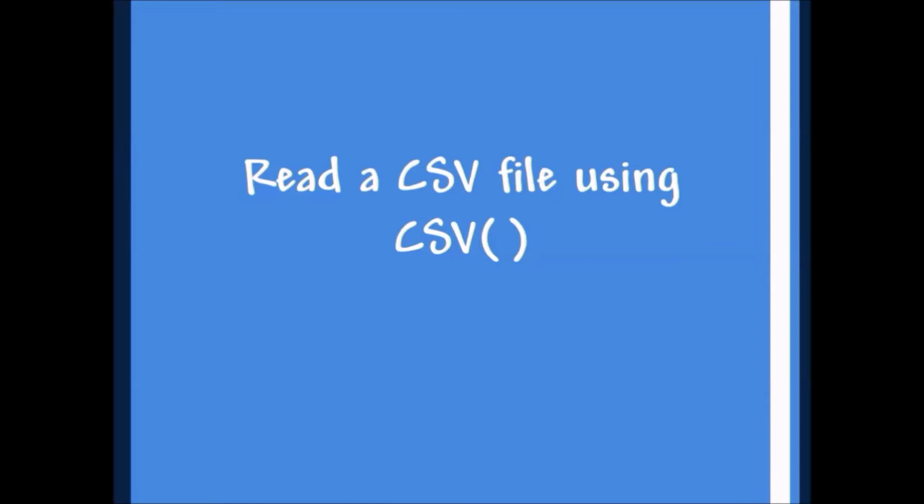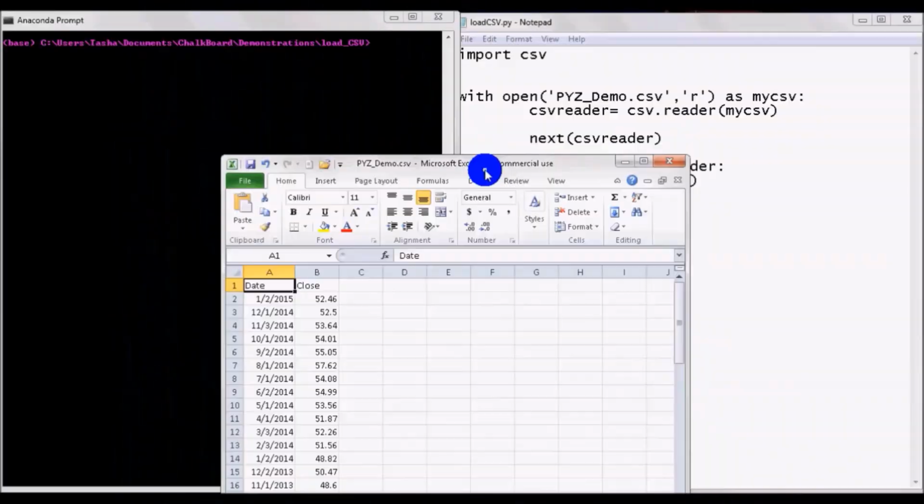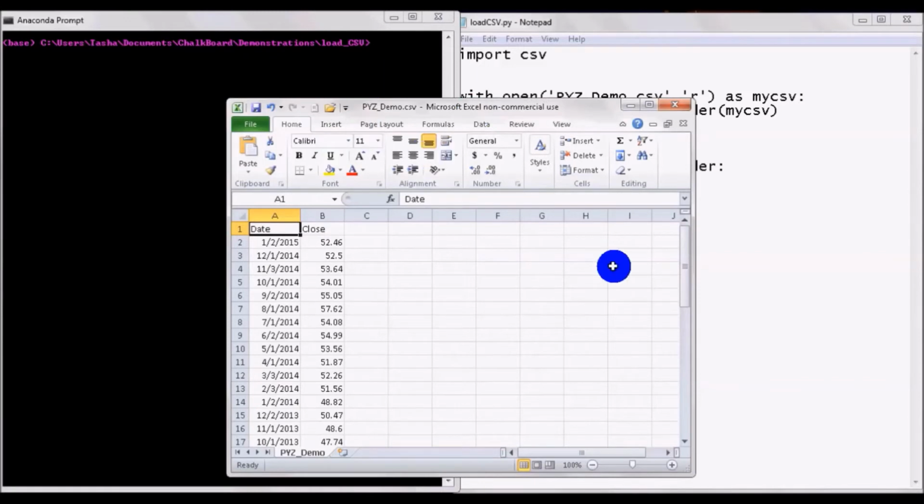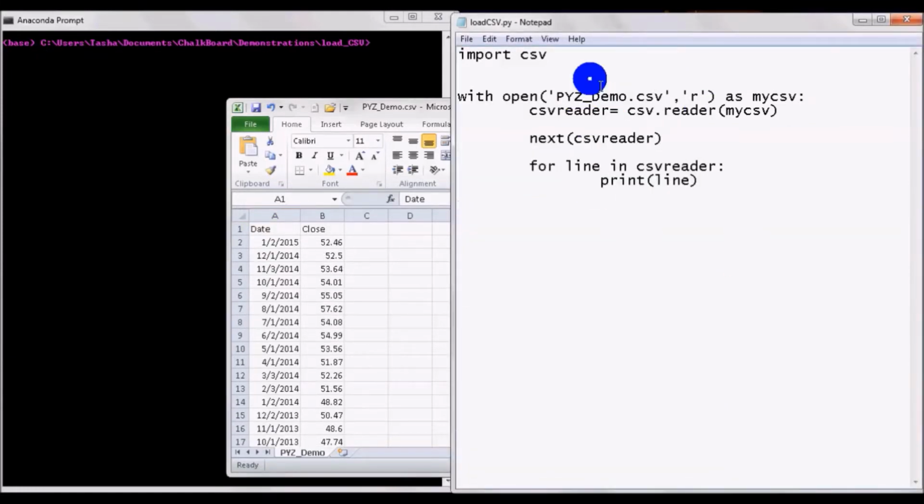We will use a CSV file with stock trading dates and the closing prices of penny stock. First, you will need to import the Python CSV module. Looking at the syntax written on the notepad to the right of your screen, we will print each line of